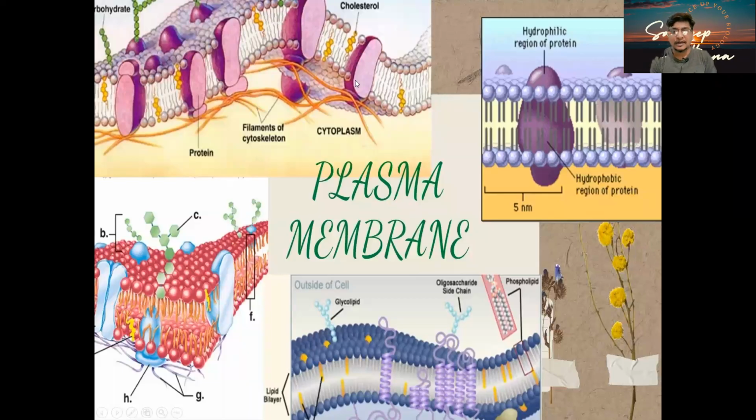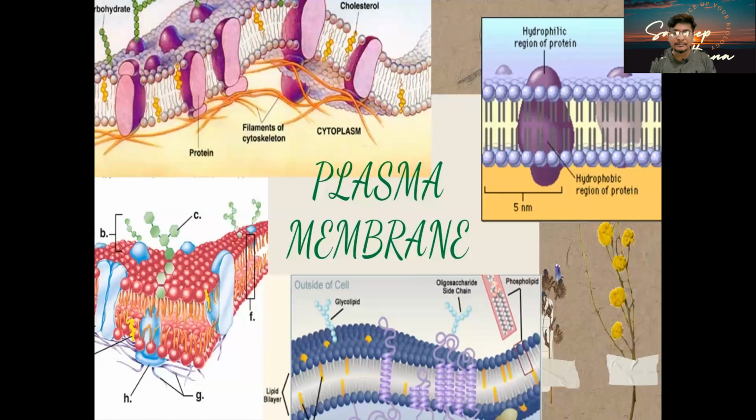So guys, I'm ready with another lecture, which is going to be on the plasma membrane. The plasma membrane is a structure which is almost similar in plants, animals, fungi, even in bacteria. There'll be little alteration here and there, but otherwise the structure is going to be the same. So it is very important to see how exactly the plasma membrane is going to function.